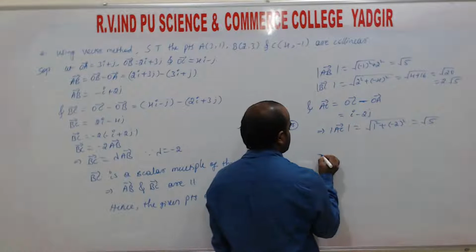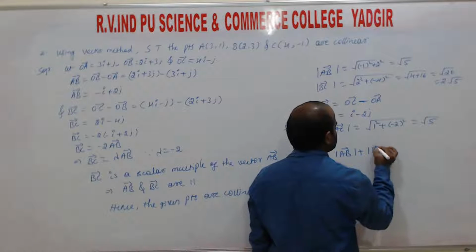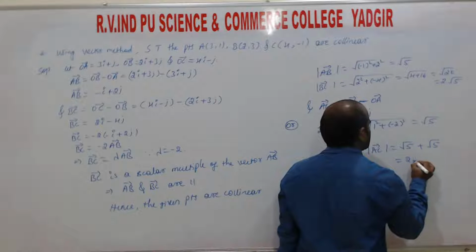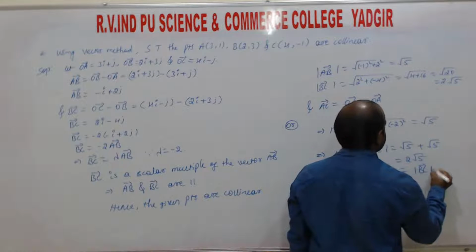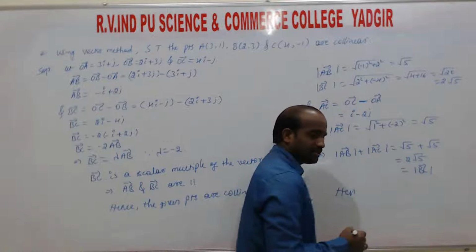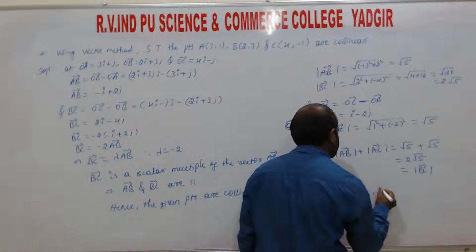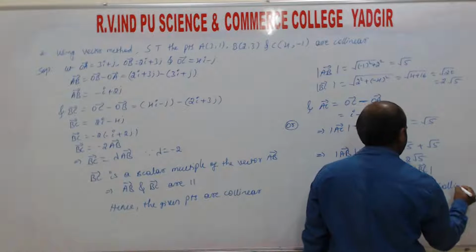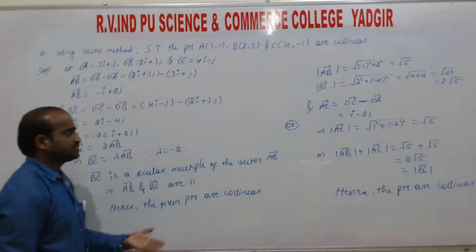Observe that magnitude of AB plus magnitude of AC is root 5 plus root 5, equal to 2 root 5, which equals the magnitude of BC vector. Hence the sum of two sides is equal to another side, lying on the same line. Hence the given points are collinear. Using this procedure,